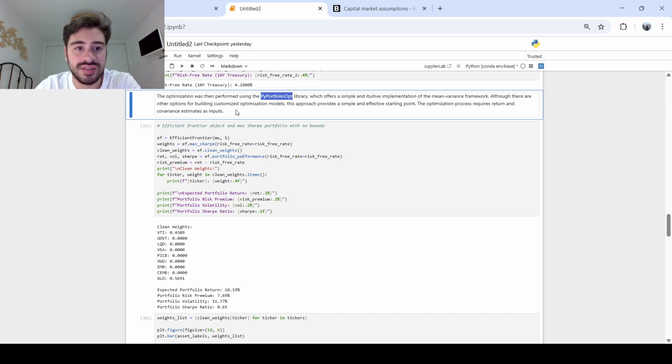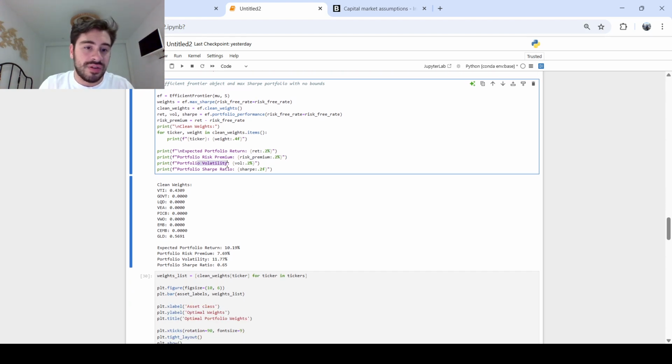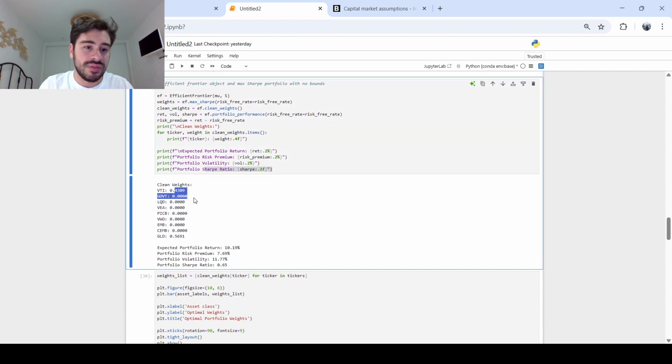The inputs are quite easy because, in the efficient frontier function, you just need the average return and the covariance. And with that, we're going to have our weights, the weights that maximize the Sharpe ratio given a risk-free rate. Then we're going to get our clean weights, our return, volatility, Sharpe, and risk premium. And let's see. Now we want our portfolio return, our risk premium, which is subtracted by the risk-free rate, our volatility, and our Sharpe ratio. And as a result, as expected,